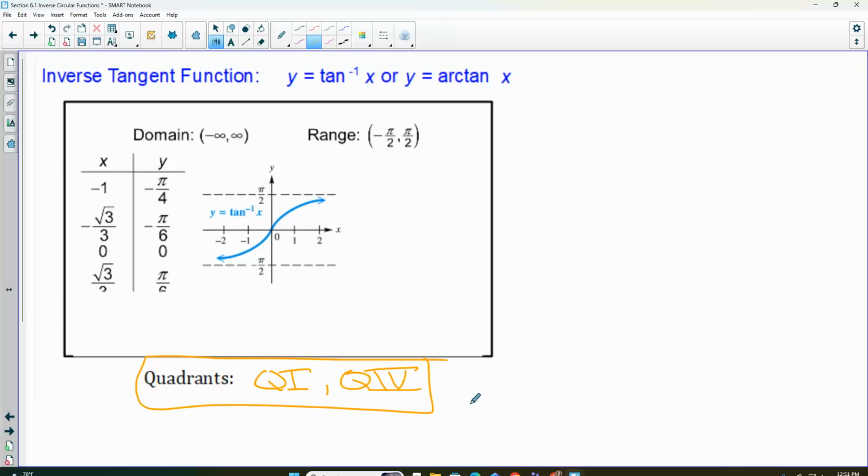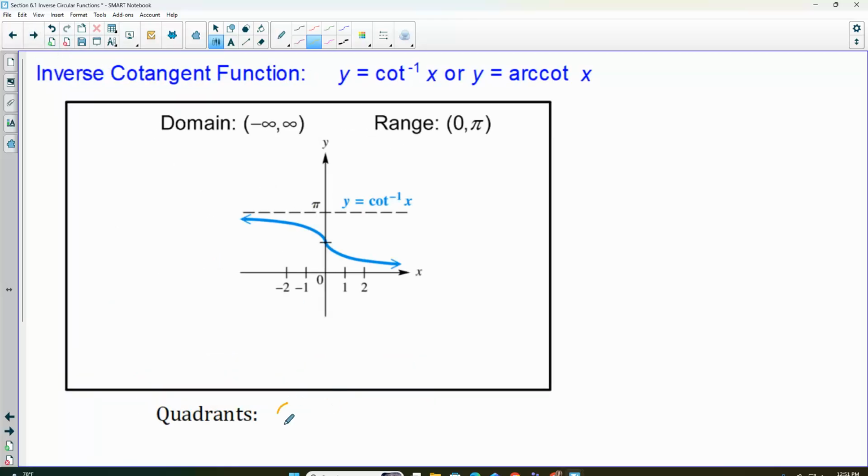Okay, let's talk about cotangent. When we graphed cotangent, we went from 0 to pi. So which quadrants are those? 1 and 2. So cotangent will be quadrants 1 and 2. Does everybody have what they need from our tangent box? So cotangent